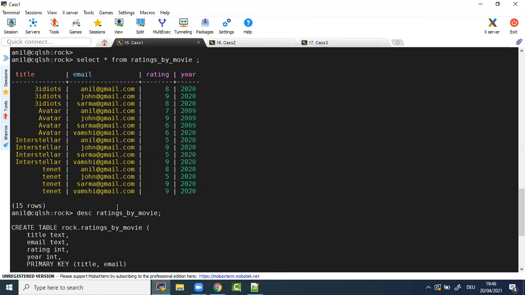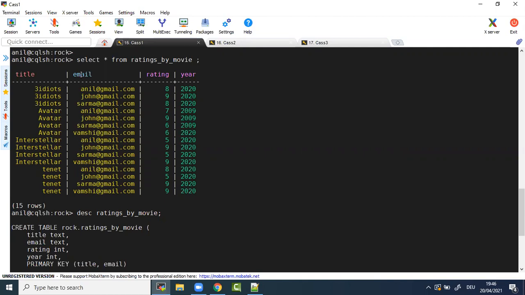Now, if you ask me what is a Cassandra table, I'll tell you, unlike our DBMS, a Cassandra table is a collection of similar rows. Super important. So understand, a Cassandra table is not a collection of rows. I'll say a Cassandra table is a collection of similar rows. Okay. Now what I mean: in Cassandra, basically it tries to keep the related data similar. It keeps the similar data in one single place.